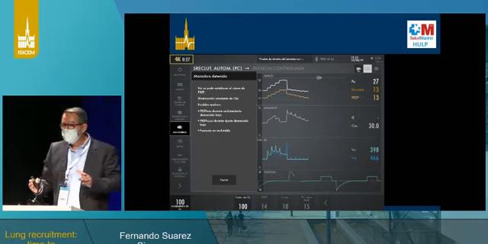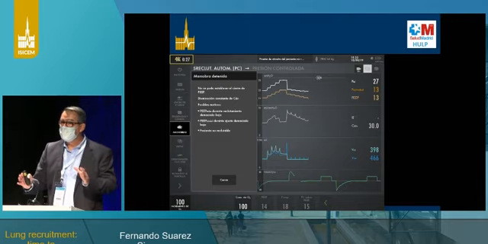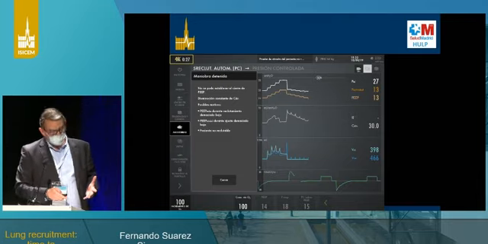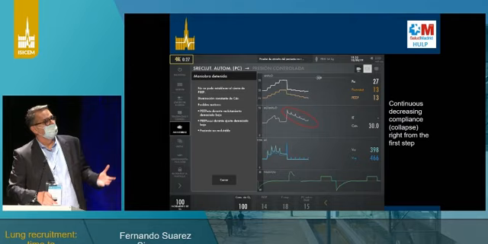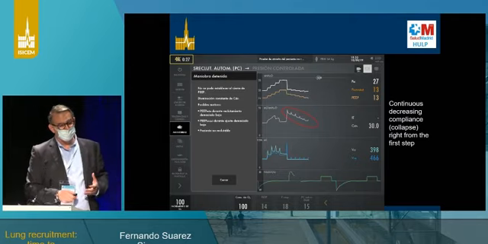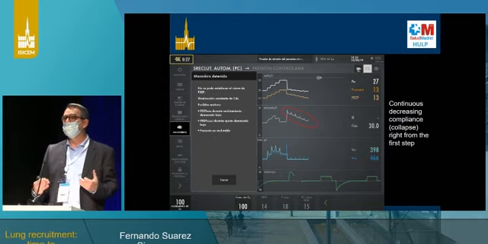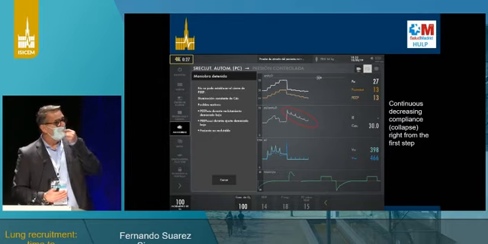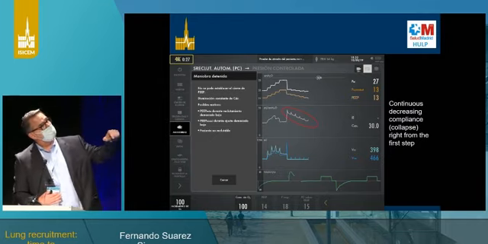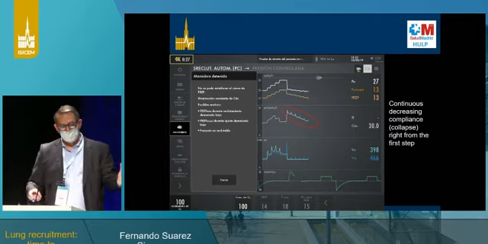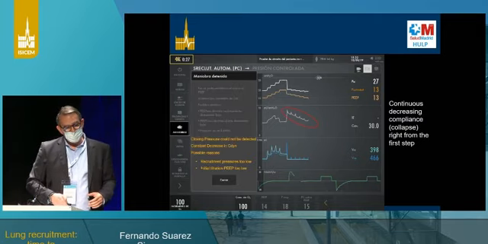And again, in the context of this standardized decremental PEEP titration, this means two things, or we must assume two situations. Either the lung was not recruited, so we did not reach the opening pressures of the lung, or the outset PEEP level for the PEEP titration was not high enough. So what we did here